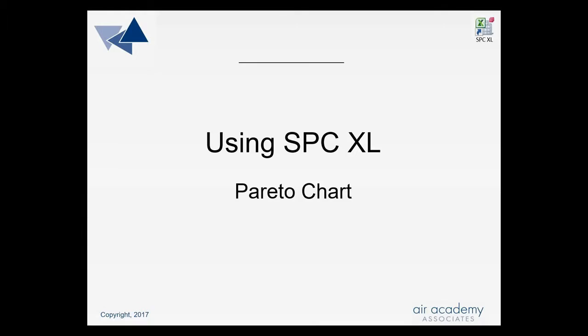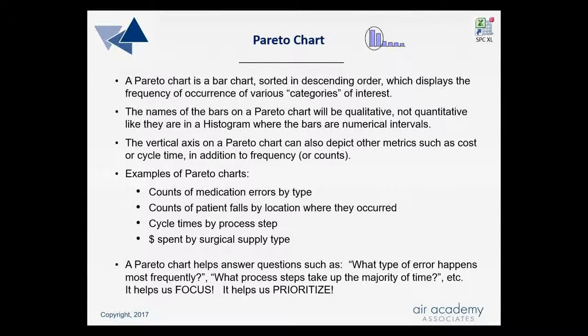A Pareto chart is a bar chart where the bars are sorted in descending order, and it displays the frequency of occurrences of various categories of interest. The names of the bars on a Pareto chart will be qualitative, not quantitative like they are in a histogram, where the bars are labeled as numerical intervals. The vertical axis on a Pareto chart can also depict other metrics such as cost or cycle time,